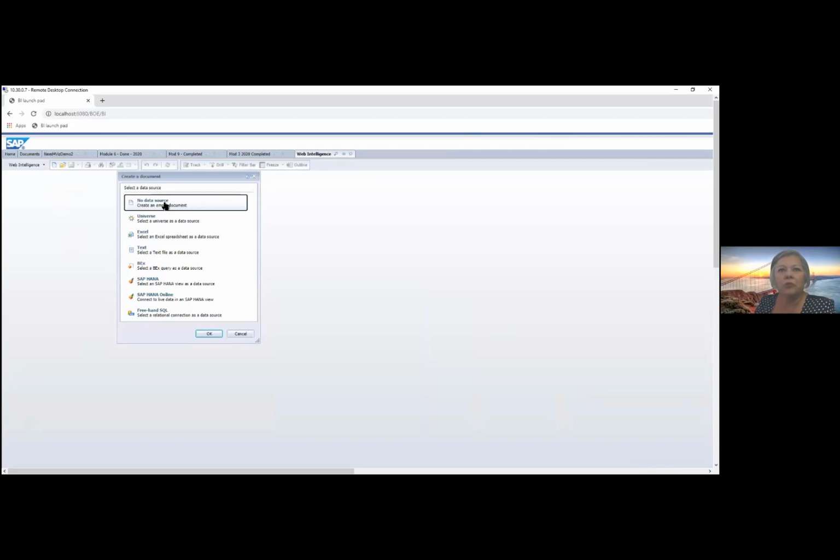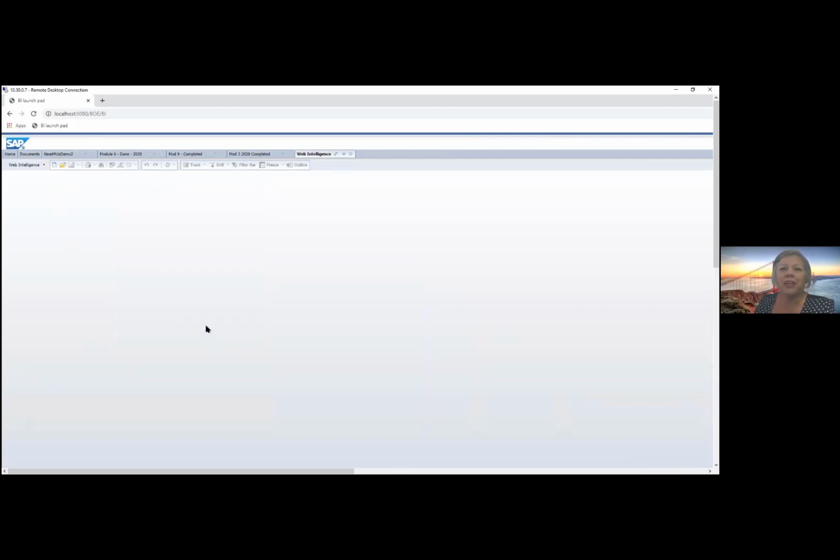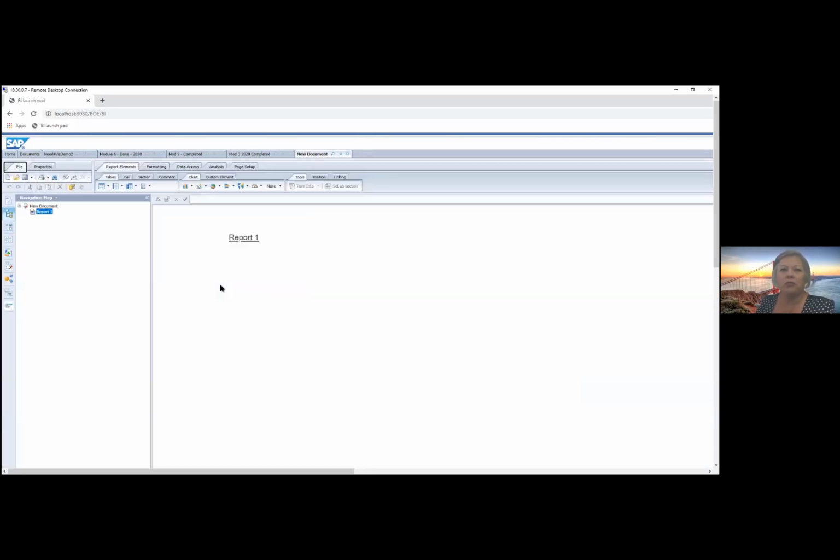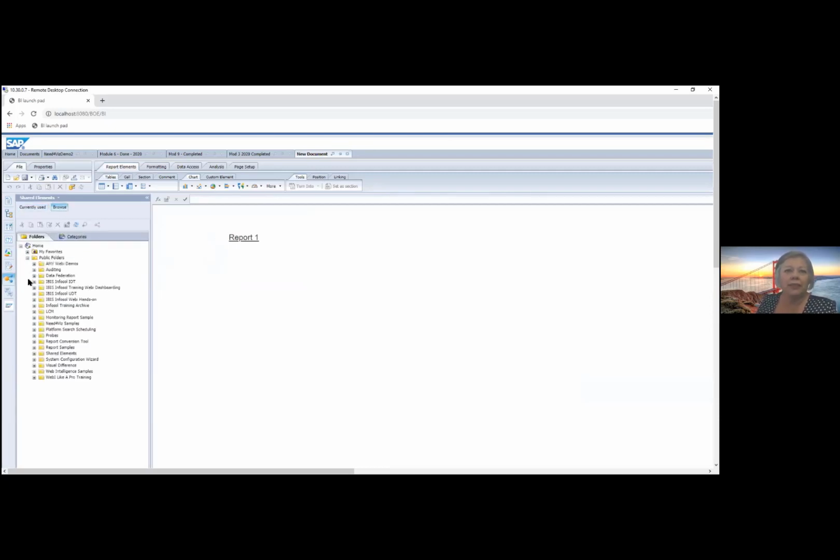I'm going to start off with no data source, which we rarely ever do. But the purpose of it is to show you how, so I have no data in here, right? I'm going to use shared elements to bring in that polynomial chart, and you'll see how it brings in all the data, including all the variables for that particular chart that I want to use. So at this polytrend line variable,